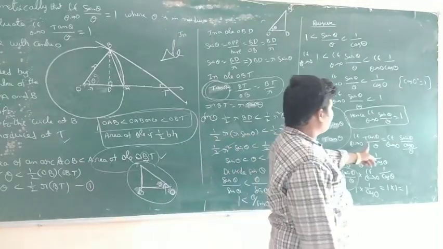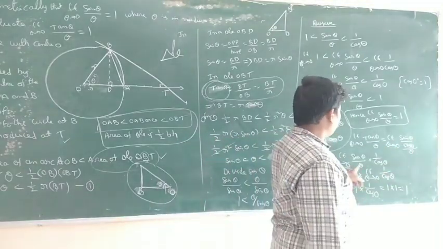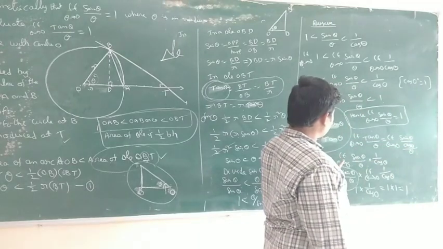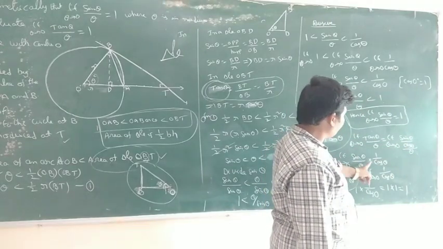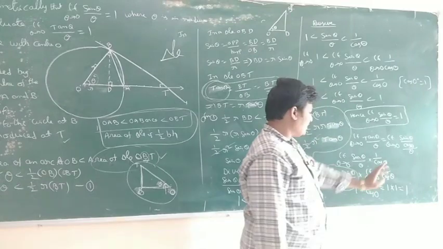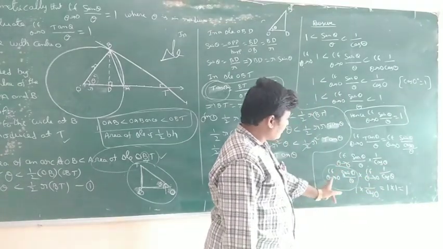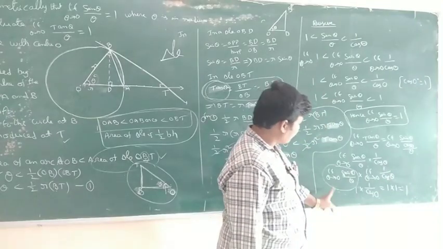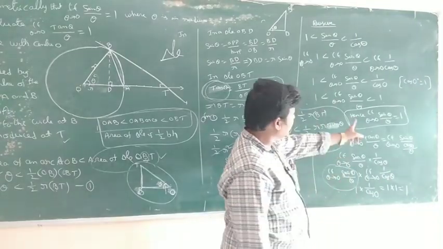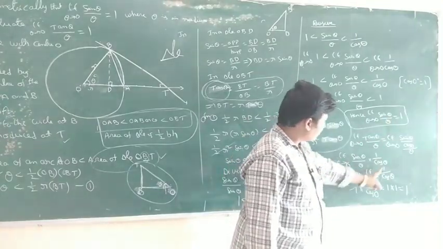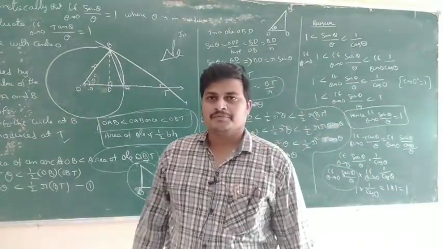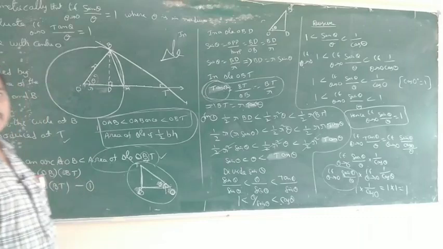Tan theta is equal to sin theta by cos theta. So this is theta by 1, and reversing, it is sin theta by theta. The limit as theta tends to 0 of sin theta by theta into 1 by cos theta. Separate the limits: the limit of sin theta by theta into the limit of 1 by cos theta. The value of sin theta by theta is already proved to be 1, into 1 by cos 0, which is 1. So 1 into 1 is equal to 1.